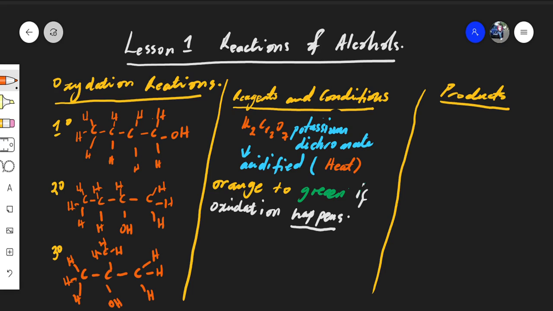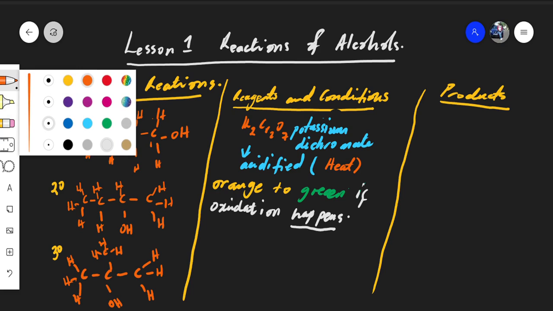Let's go back to this and talk about naming this. This is 1, 2, 3, 4 carbons. Because it is 4 carbons, this is actually called